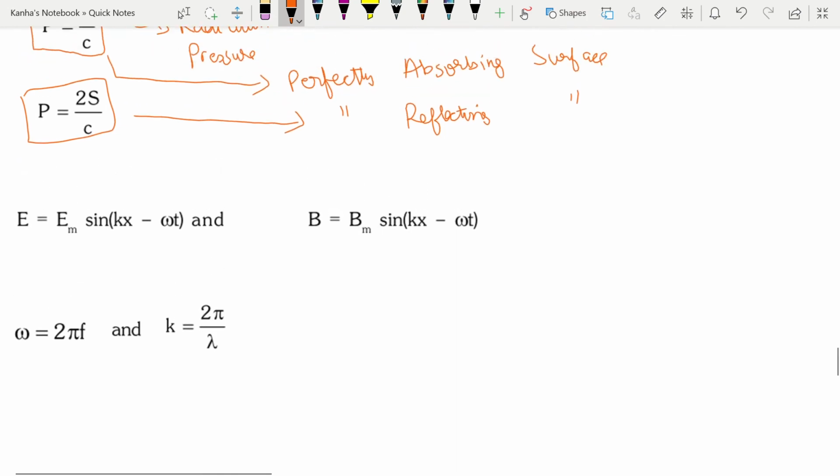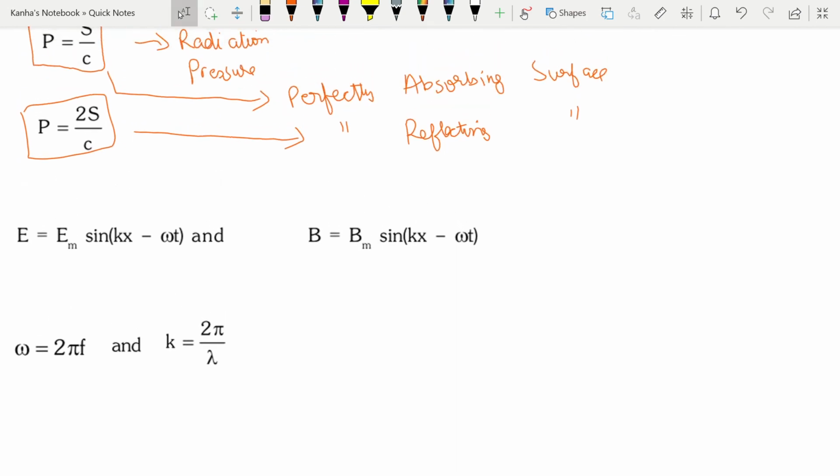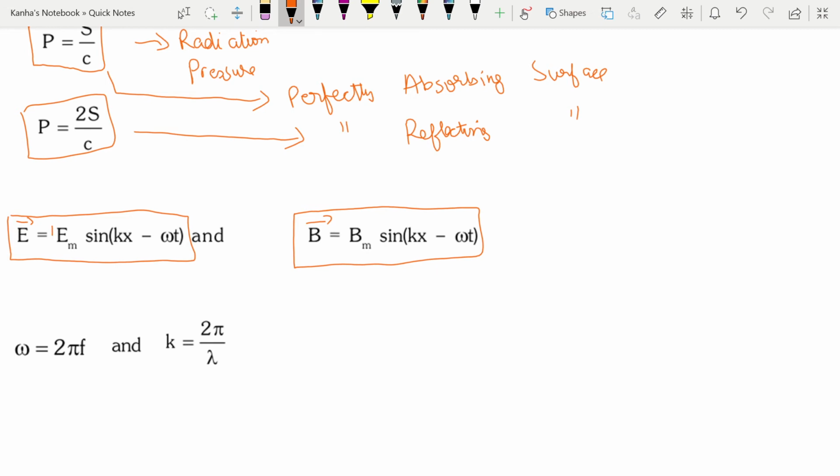The next important thing that I want to talk to you about is how these will come in the paper. They will come in the form of waves like this. Okay, you will have electrical field vector, magnetic field vector, you will have a magnitude, and you will have sine or cosine functions of these. So what you should remember from these forms is, first of all, kx minus omega t means these are traveling in the positive x direction.